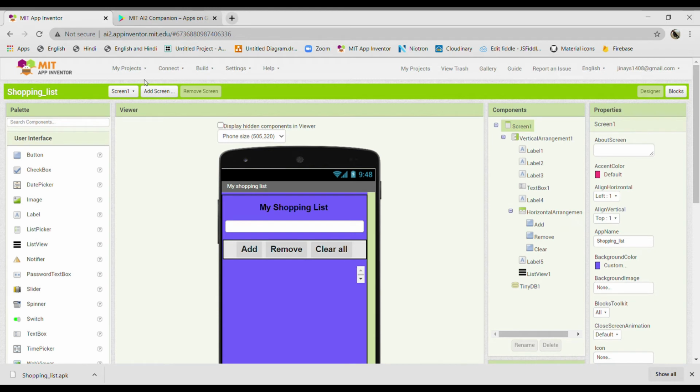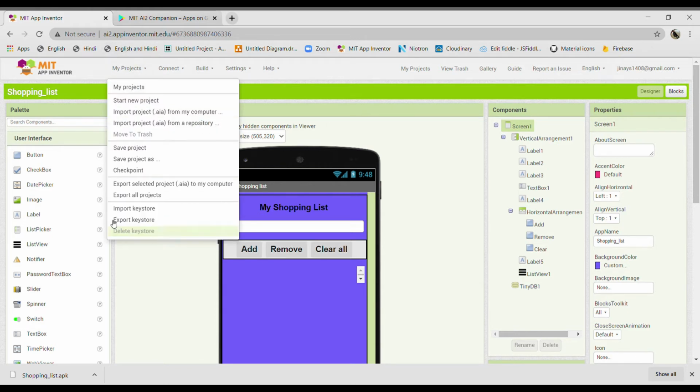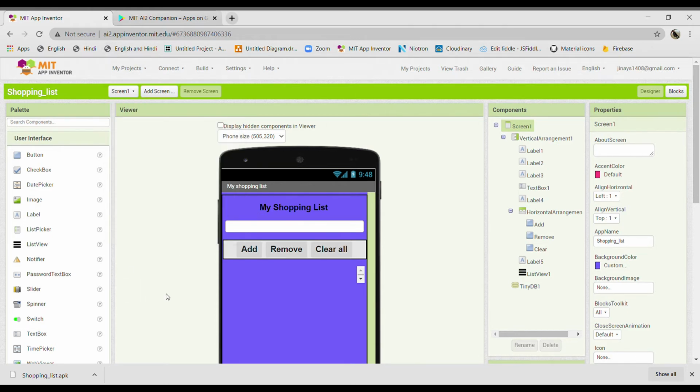So that is the APK file, which you can only install, but you cannot make changes to it. But when you save an AIA file, you cannot use it, but you can make changes to it. As I told you, you can take a backup using an AIA file, and in case it gets deleted, then you can get your project back.